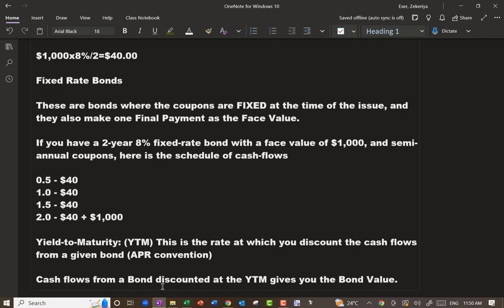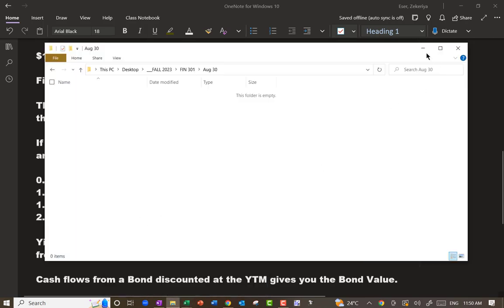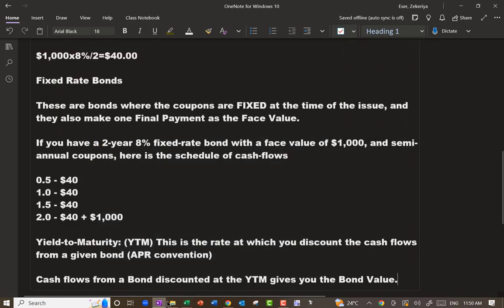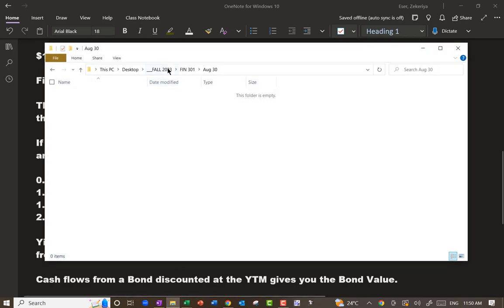The value of a bond is basically the present value of cash flows from it, discounted using yield to maturity as your discount rate. So if all I have to do is, we're gonna do a new template for some esoteric other reasons, but let me go back to